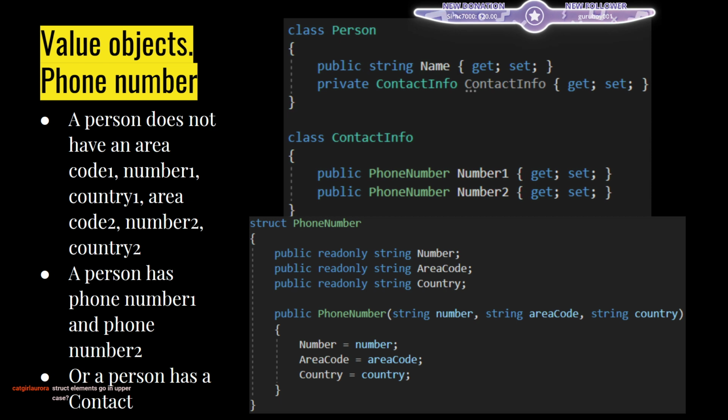And one interesting part about struct is that normally we use properties, but for struct we are allowed to use fields as well, because struct in its essence is supposed to be a simple data structure. And Aurora asked if